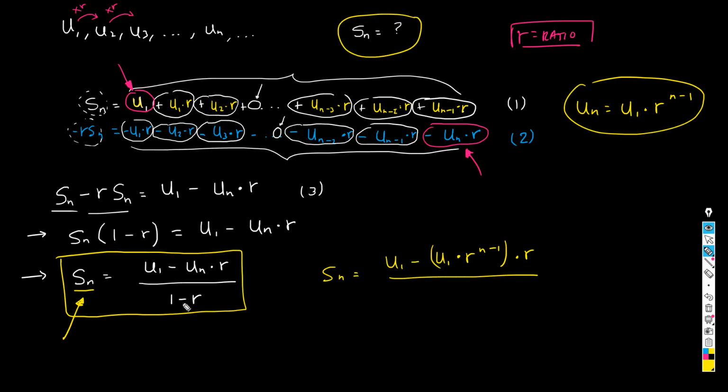And finally, we can get the following simplification. Let's multiply this parenthesis times r. What's going to happen? We're going to get u1 minus u1 times r to the n minus 1 times r. And when you add the exponents of this one and this one, you will get times r over 1 minus